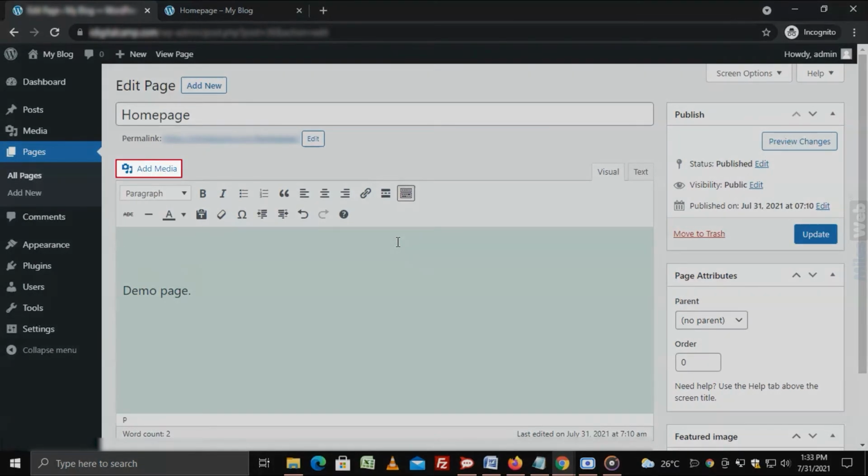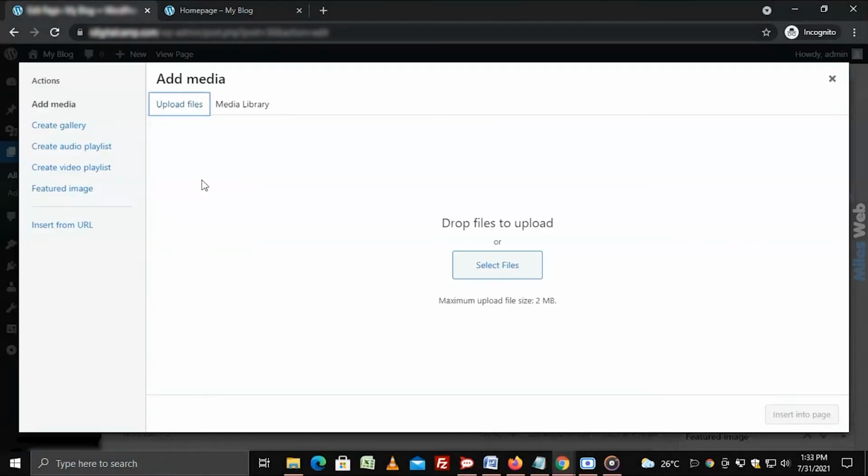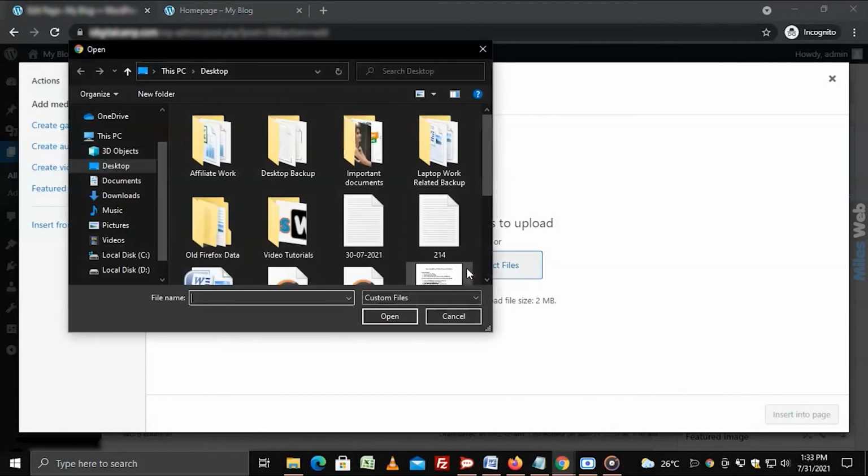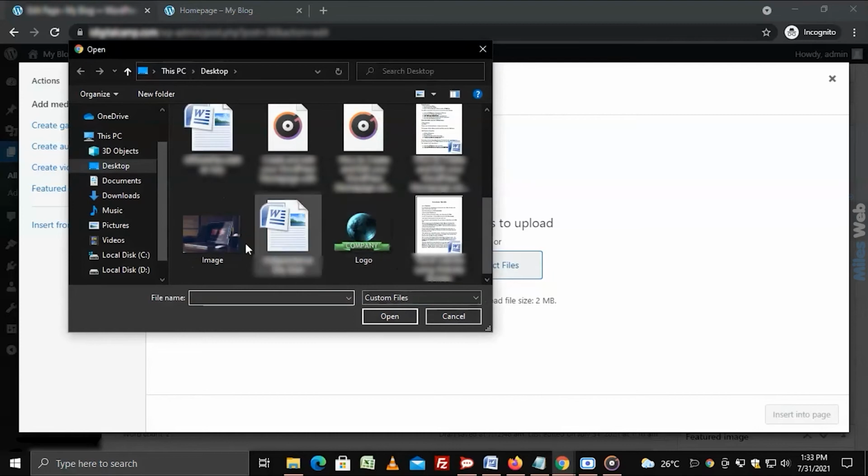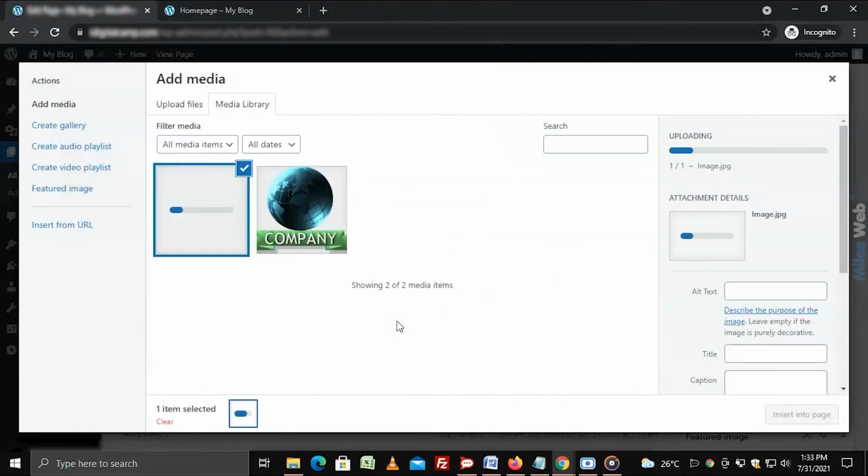Click on the Add Media button to open a new window. Click on the Select Files button to add new files to your media library. Then upload files from your device to add them to your media library.